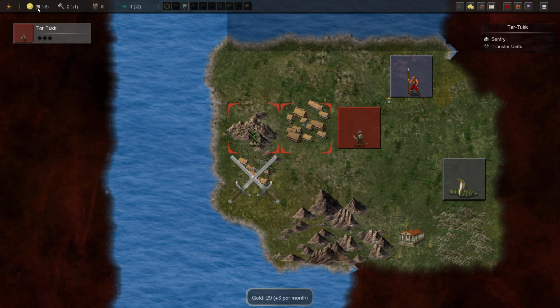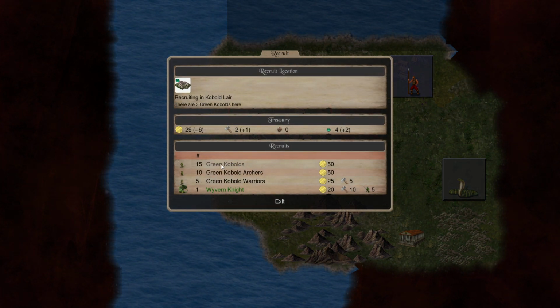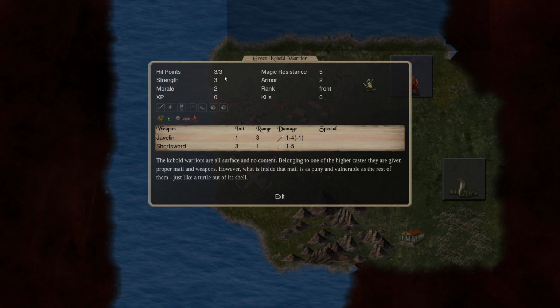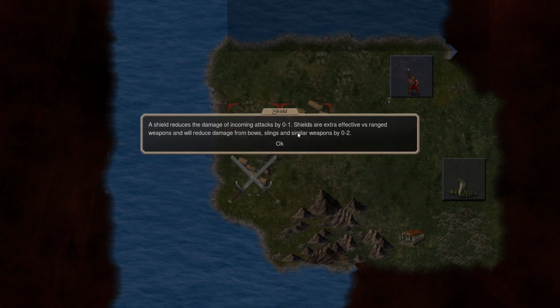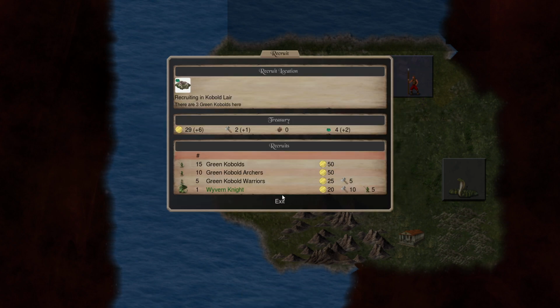And I can't really recruit anything, I don't think, if I check that out again. Long right click. We can get more green kobolds here, 50 gold. The warriors, we haven't looked at them. They're actually better. 2 armor, 1 more hit point, and they have a shield. Shields, which I think this is new, they will protect you from bows, slings, and similar weapons by 0 to 2 versus just melee 0 to 1. It's not bad. But I don't want to spend that now. I can't. I don't have 5 anyway, so...